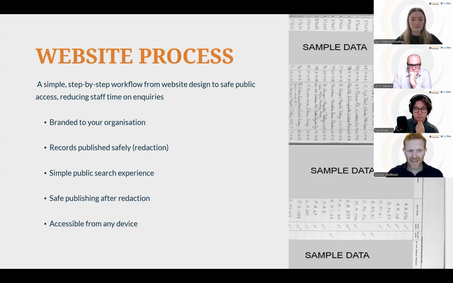We've talked a little bit about the redaction side of things, but we want to be explicitly clear what data is going public and what is not, and that's why we do the redaction in the first place on the original images, so that there are no errors in that function. We can also restrict permissions both internally for your users and externally, so that only managers of the collection, for example, would be able to publish records to the website, avoiding any mistakes going forward.